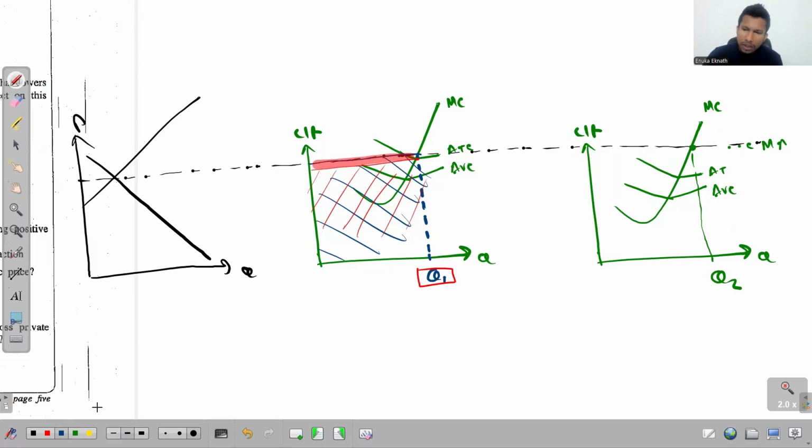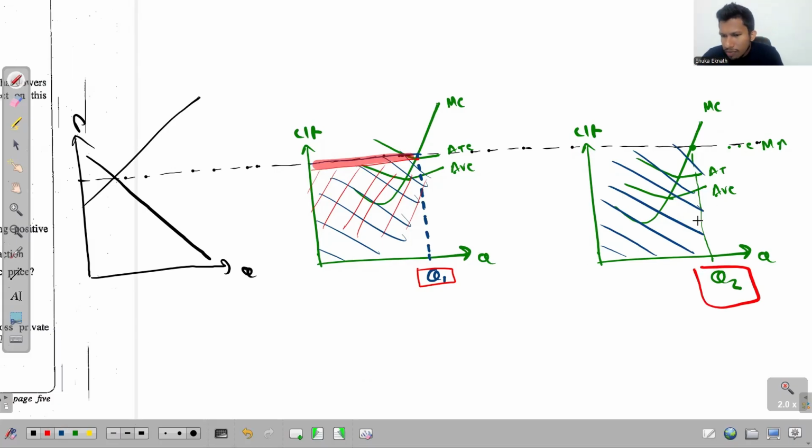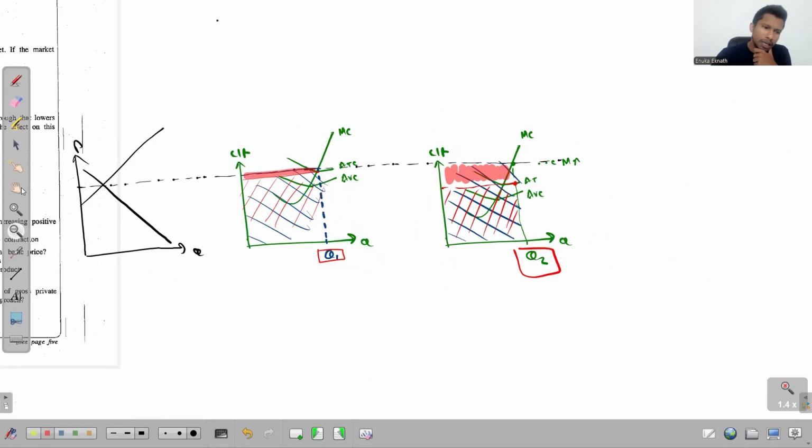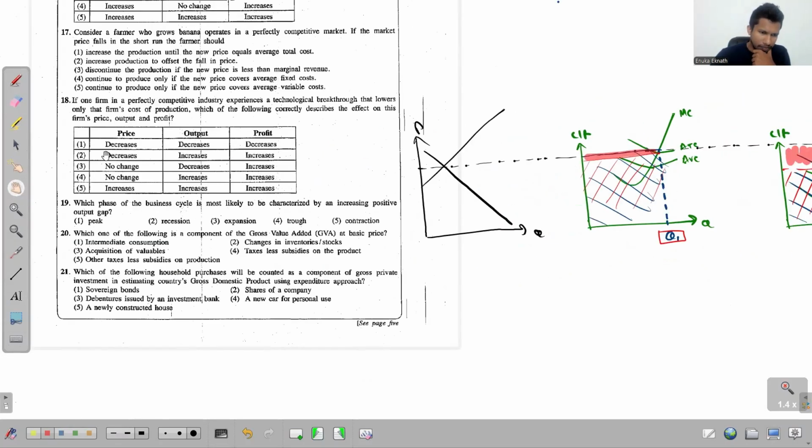If you ask me to show the total revenue, wait. This is the total revenue earned by the firm, right? And if you ask me to show the total cost, the cost of producing 1 unit is here, so their total cost must be this entire region. This is the total cost. See, what has happened to their profitability? That has increased. Our cost curves all shift downward, so that their profitability increases. That is the story. If you understand this, you can understand the answer.